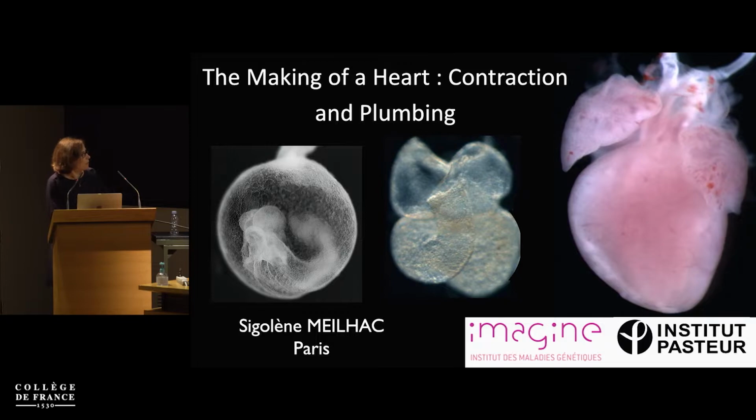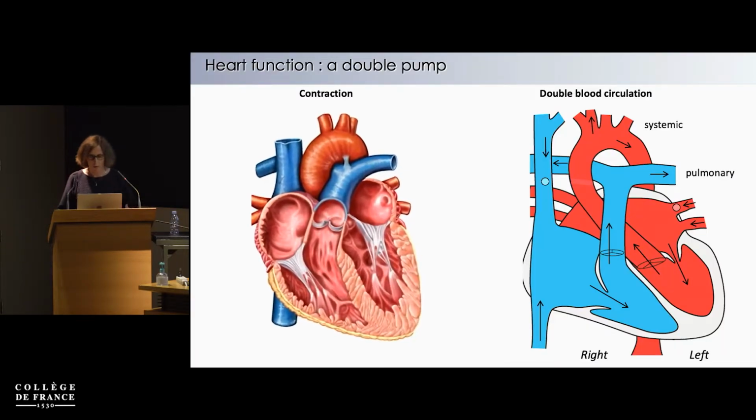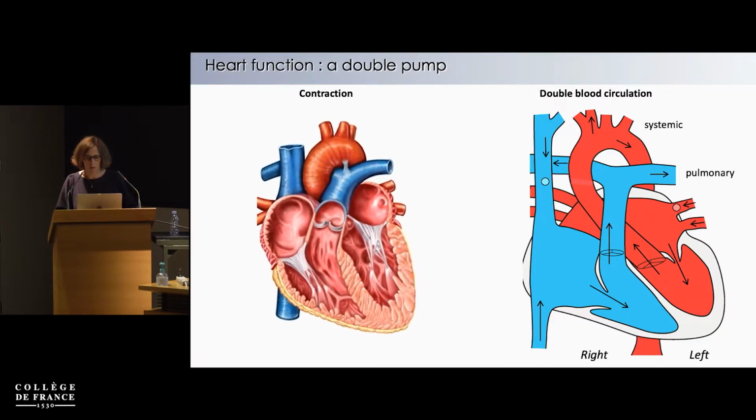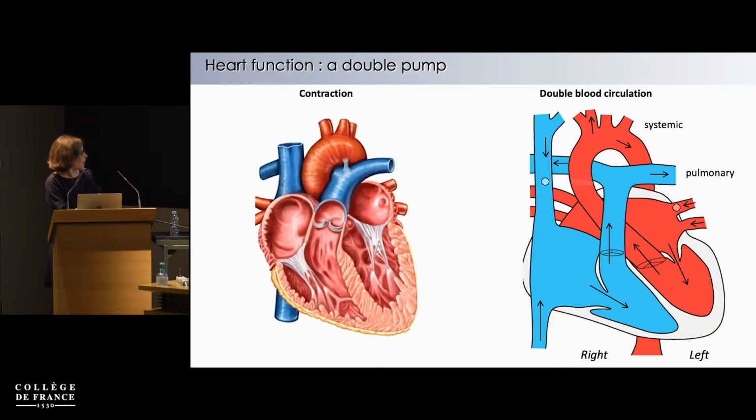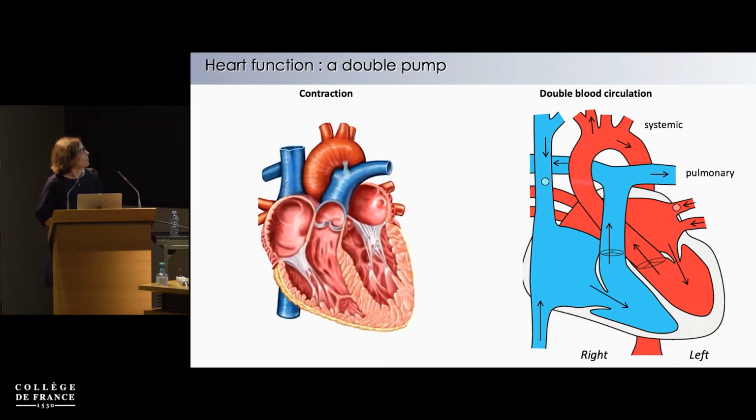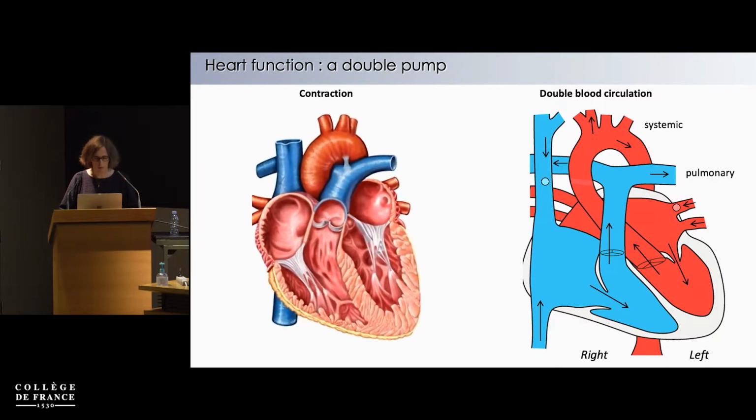To tell you about the formation of the heart, I want to start with the function of the heart so that we can understand the principle of morphogenesis and what is important in the mechanism of morphogenesis. Classically, the heart is thought of as a pump, so the contractile function is very important for the function of the heart, but equally important is the function of the heart in establishing